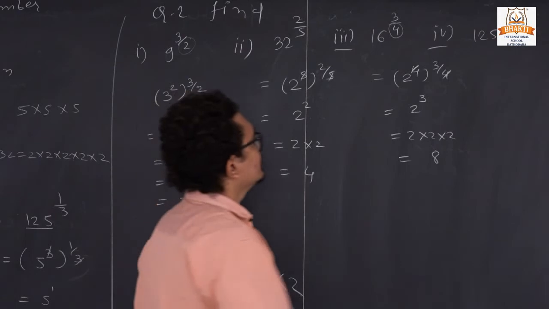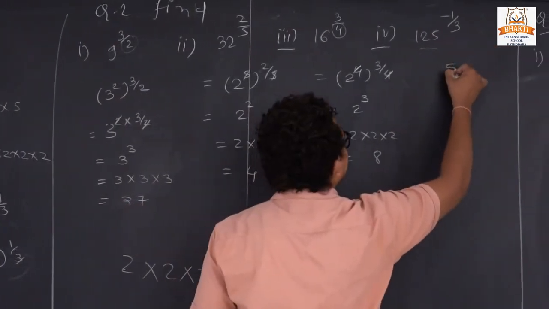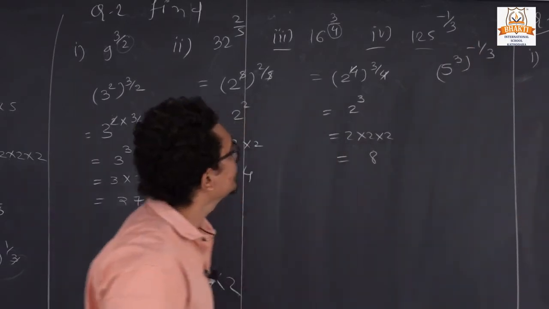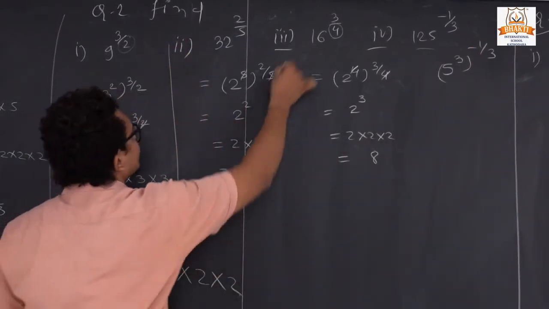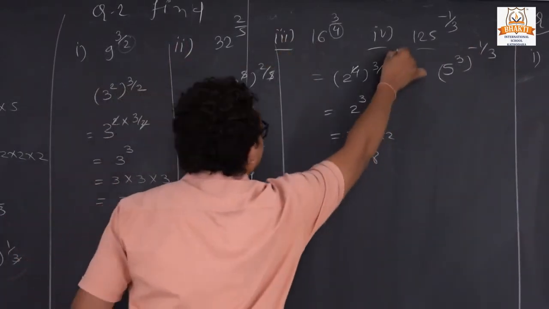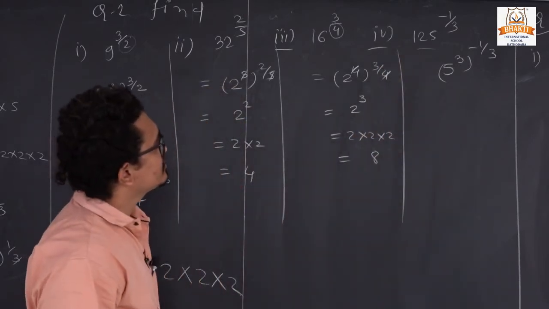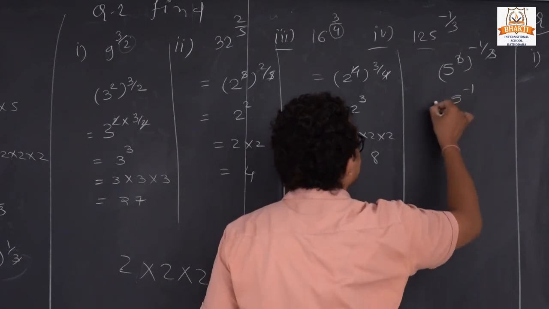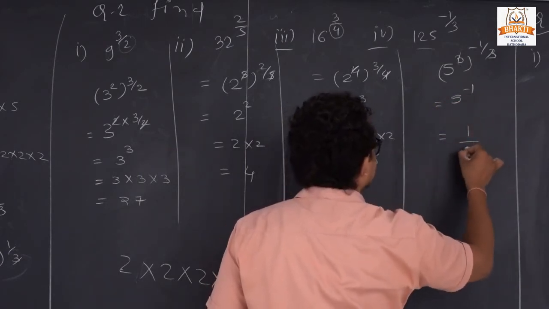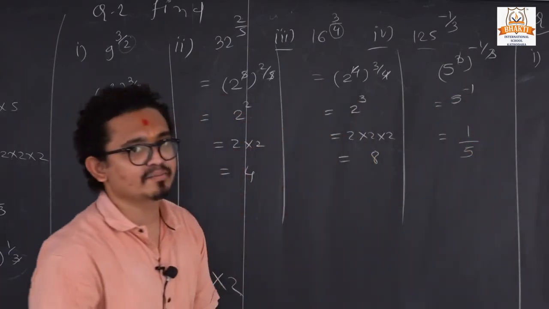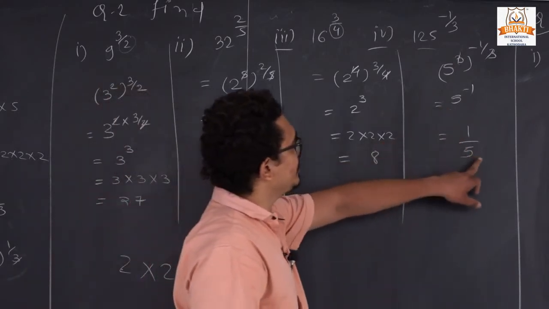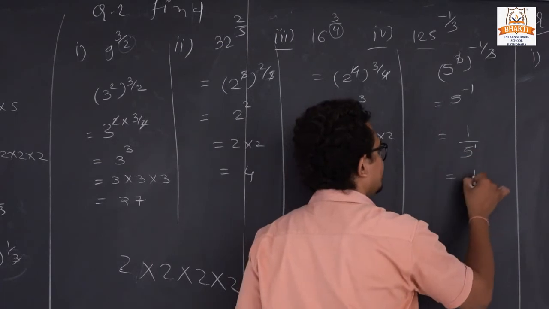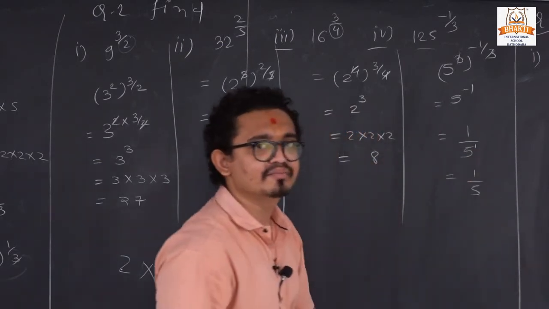Last 125. So we can write like that 5 raised to cube all raised to 1 by 3. So 3 cut. So 5 raised to minus 1. So we can also write like that 5 raised to 1 upon 5. Because if power is going onto the numerator term, so it will be plus, and 5 raised to 1, so it will be 5 only.